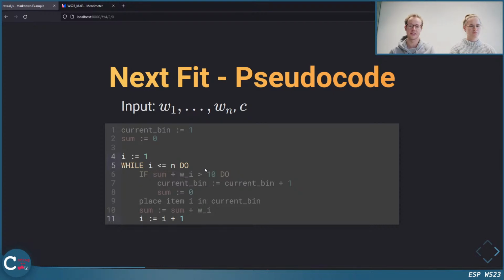Now the question is, what do we do within the iterations? The first thing we do is check whether the sum, which refers to everything that's in the current bin by now, plus the weight of the current item exceeds 10. If that is the case, we cannot put it into the bin because it doesn't fit.